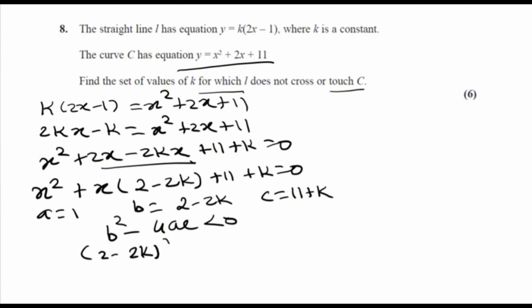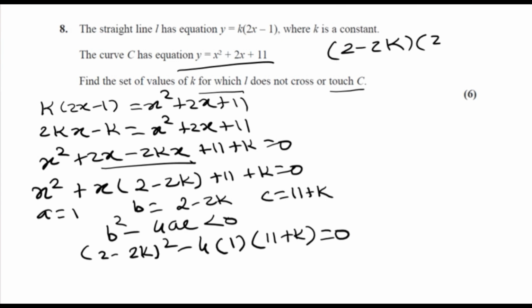2 minus 2k squared minus 4, 11 plus k less than 0. Now here I am writing equal 0 because we have to simplify it. We have to solve that for the k. 2 minus 2k squared means 2 minus 2k into 2 minus 2k. So expand the bracket. So you will get the simplification: 4 minus 8k plus 4k squared